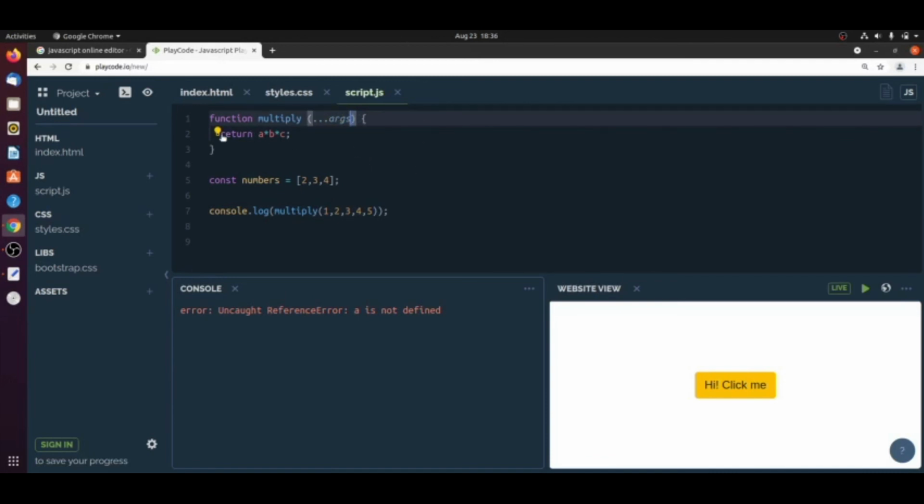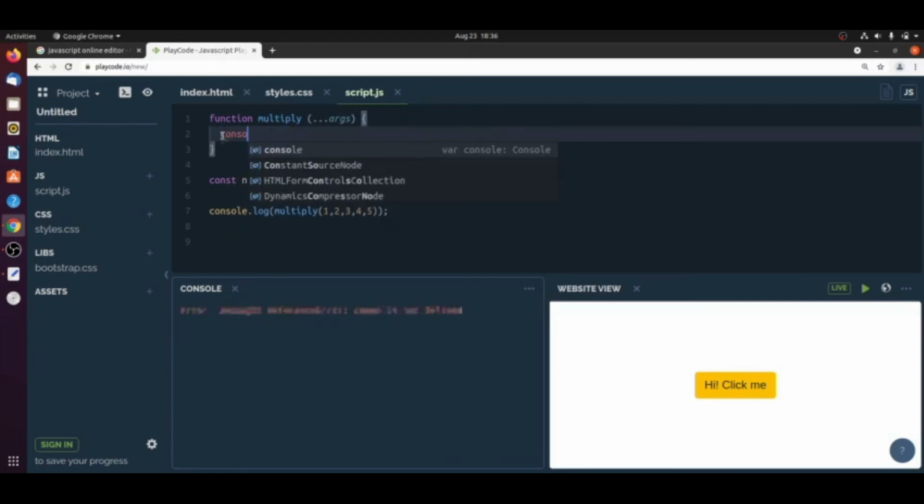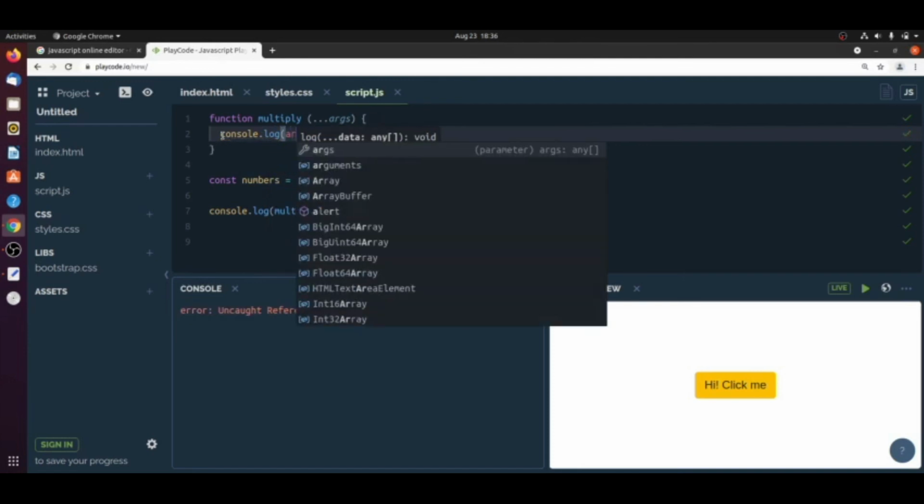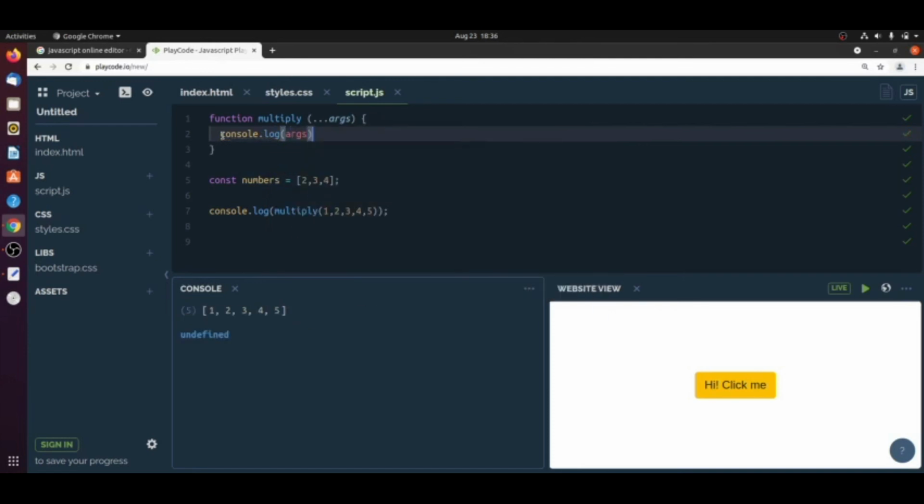If I print here, let me remove this return statement. See, 1, 2, 3, 4, 5 came as an array. Now we can do anything with this array. We can multiply each element of the array and do any kind of operation.